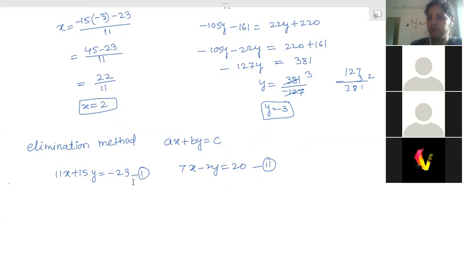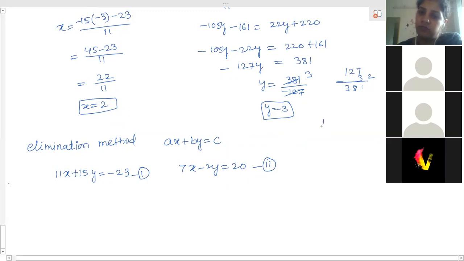Then after that, suppose 3 and 5 are there, 1 by 3 plus 1 by 5, what you have done? We take the LCM. 1 by 3 plus 1 by 5 you have to do. So LCM is 15. So here with which you have to multiply? 5. This side we have to multiply with 3. But we only multiply to the denominator? No, we have to multiply to the numerator also with the same number to make it equal. So this will become 5 plus 3.